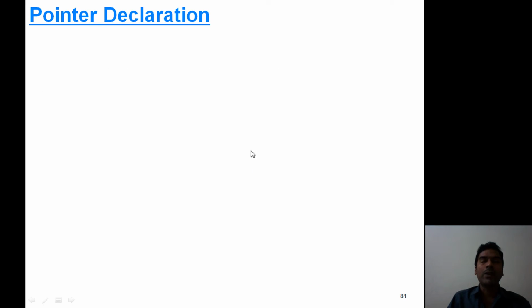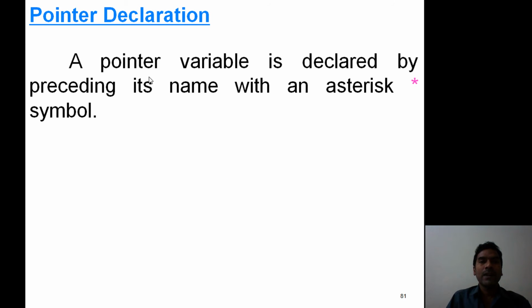Now, how to declare a pointer variable? Every pointer variable is declared by preceding its name with an asterisk symbol. This asterisk symbol tells that the variable is a pointer variable.